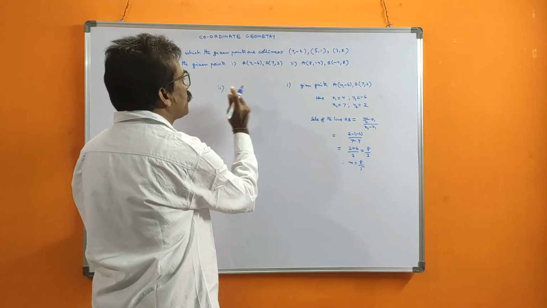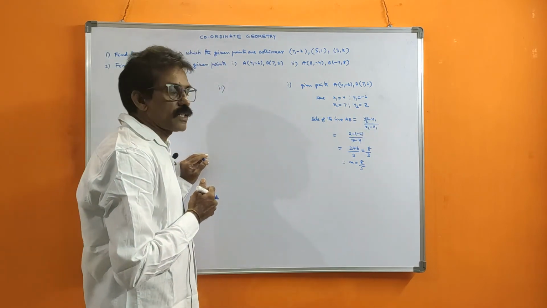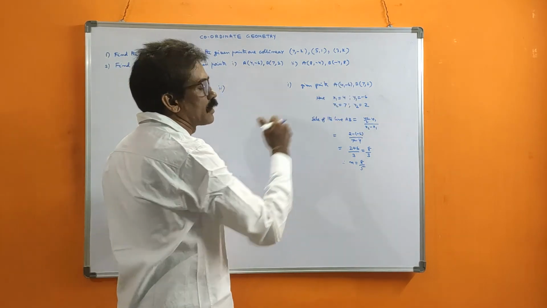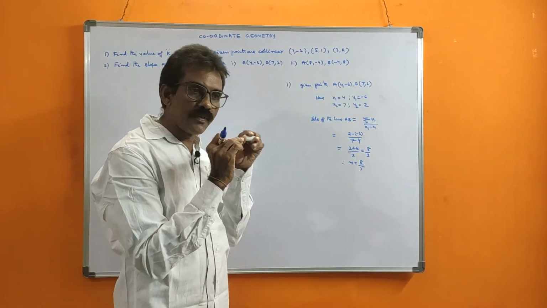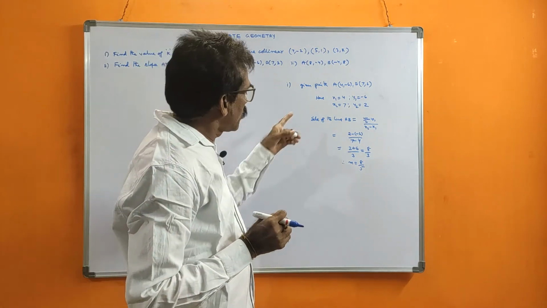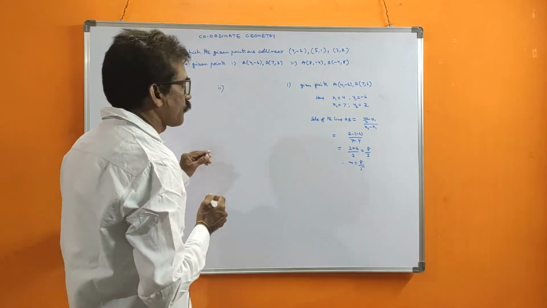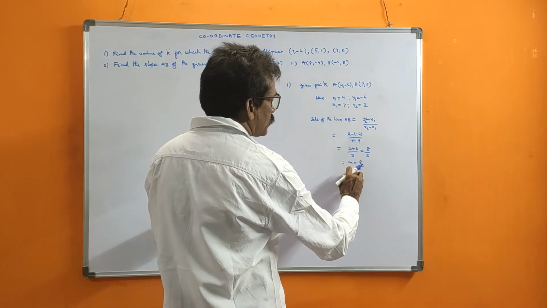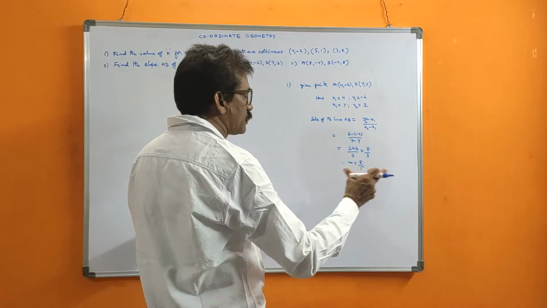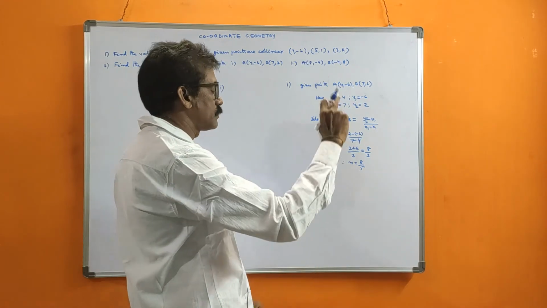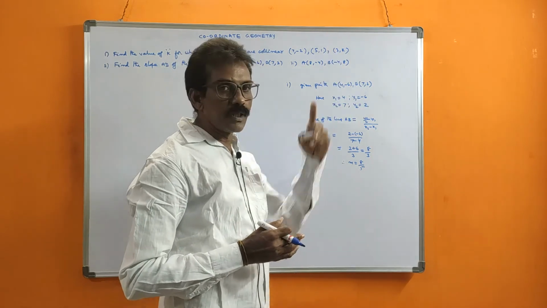For the given 2 points, the slope is found this way. Simply substitute in the formula y2 minus y1 by x2 minus x1. The vertices A and B, 2 points are given, and then only it is a straight line. That straight line is having some slope. That slope is here 8 by 5. Okay. What does that mean? Here, this is the horizontal distance. For a base of 5 units, its height is 8 units. In that ratio, the slope is there.